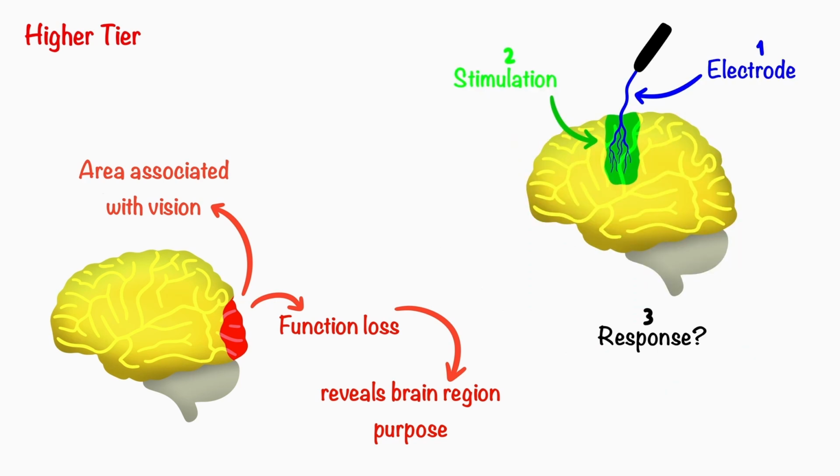By pushing a tiny electrode into the tissue and giving it a small zap of electricity, scientists can observe what happens. When different parts of the brain tissue are stimulated, it's possible to get an idea of what those parts do. For instance, when a certain part of the brain, known as the motor area, is stimulated, it causes muscle